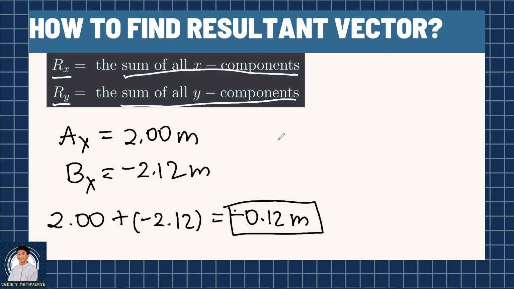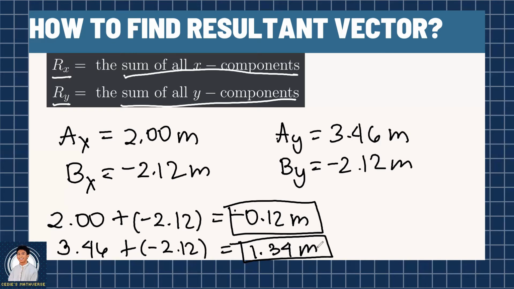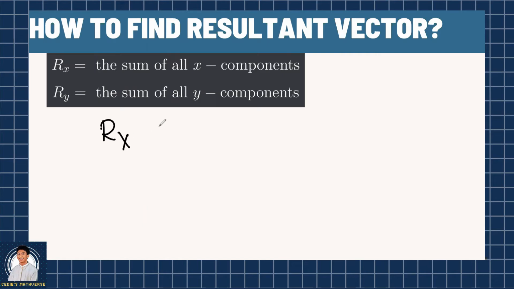On the other hand, a sub y equals 3.46 meters and b sub y equals negative 2.12 meters as well. Adding these two gives us 3.46 plus negative 2.12 equals 1.34 meters. And now we get the resultant components, x and y. Now that we have obtained the resultant components, r sub x equals negative 0.12 meters and r sub y equals